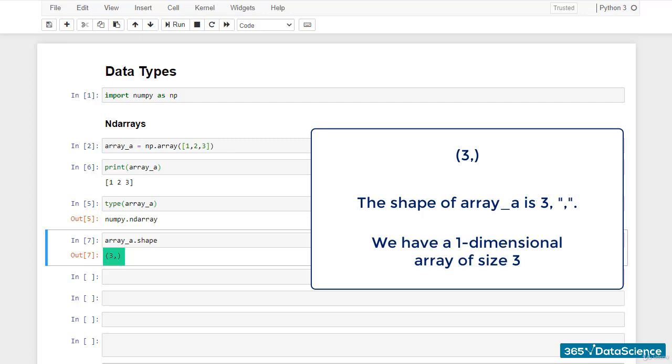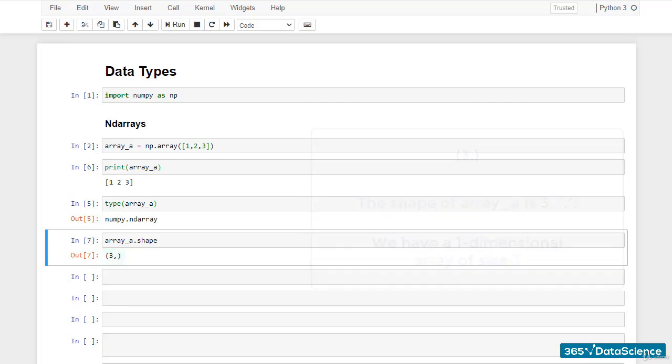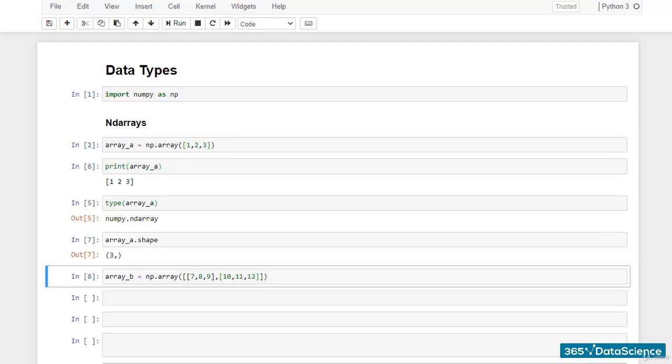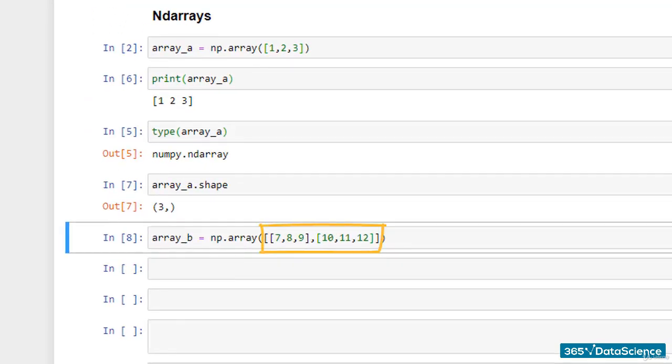Speaking of, we can have arrays of higher dimensions too. For instance, let's define a 2D array. We'll call it array B, and just like array A, we set it equal to np.array. However, this time we'll use double square brackets and put the smaller individual arrays within single square brackets. If we take a closer look, it's like having an array of arrays, which is exactly why we call it